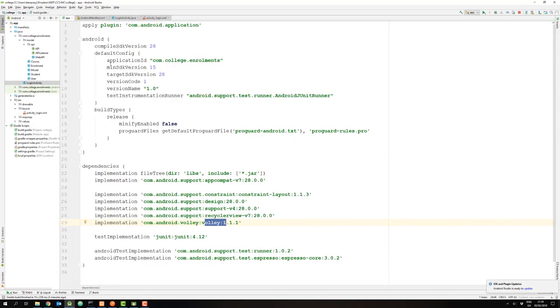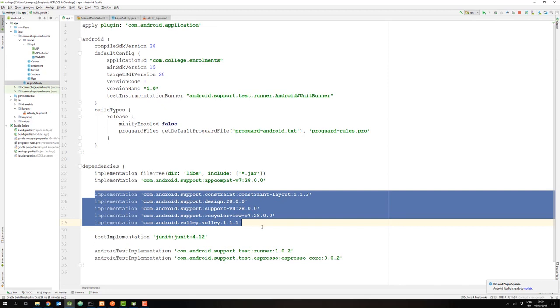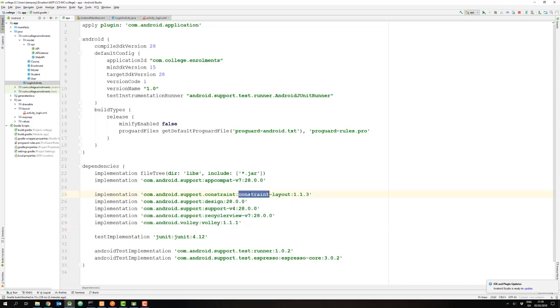So in the Android app, I'm going to use a few additional packages. So before we actually look at the code, I'm just going to have a look at the Gradle file, the build.gradle file for the module app rather than the project. And in here you can see that I'm including some additional packages. I'm going to use the constraint layout in the login form. I'm going to use some material design